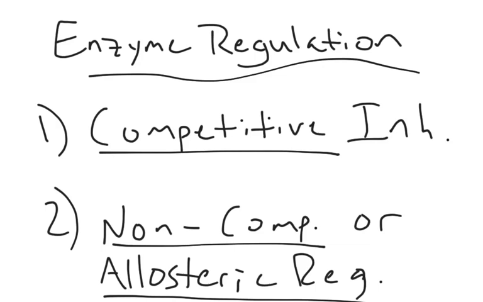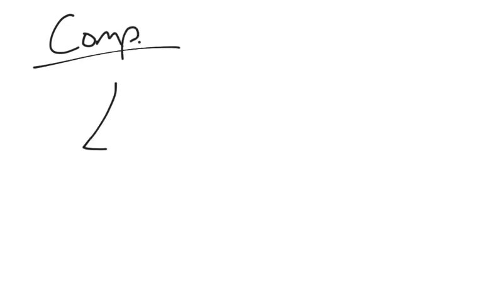So let's look more specifically at these two types. First off, let's look at competitive inhibition. So let's say we have enzyme A here. And enzyme A is specific to substrate A. Now normally substrate A is going to go and bind into the active site there. But not in this case. We got lovely old